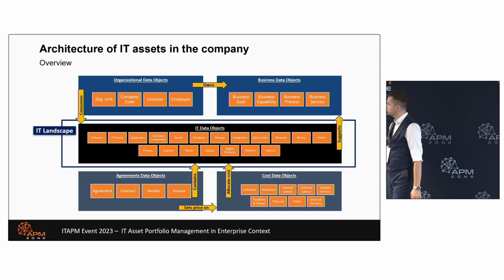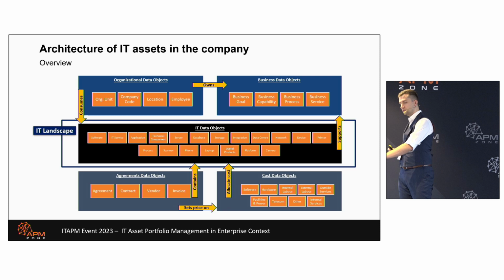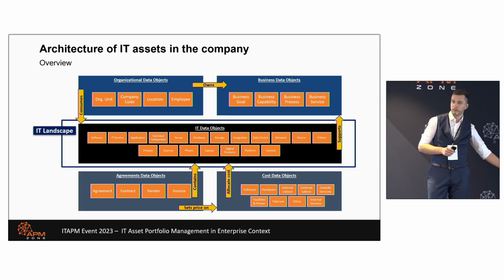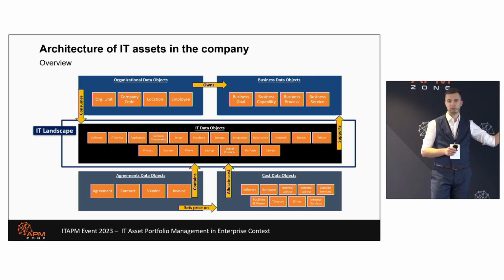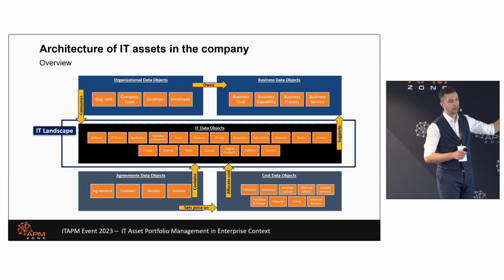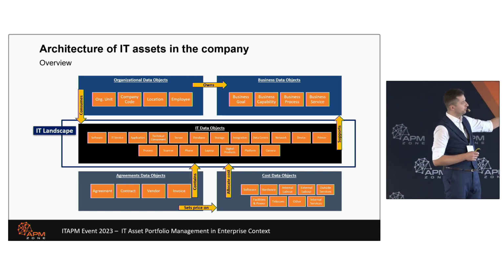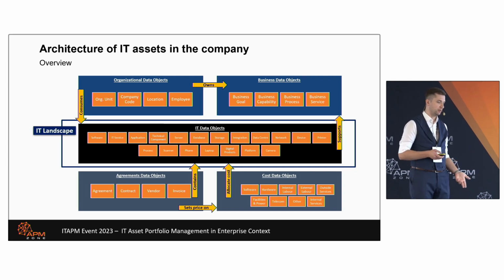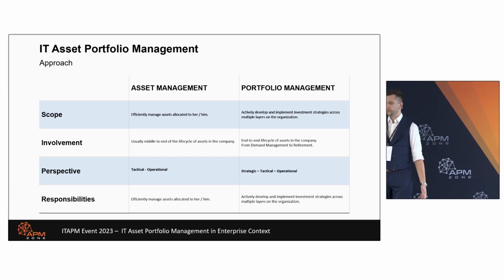Why it's so important to look at a broader perspective: because if you are touching one of them, like the server, for example, you can actually touch the lower layer and the upper layer. And it doesn't mean that you are only touching, okay, how many employees can now be hired because you have increased cost, but actually how we fulfill the business service, which is, in the end, earning us money. So the IT asset portfolio management approach itself, this broader perspective.